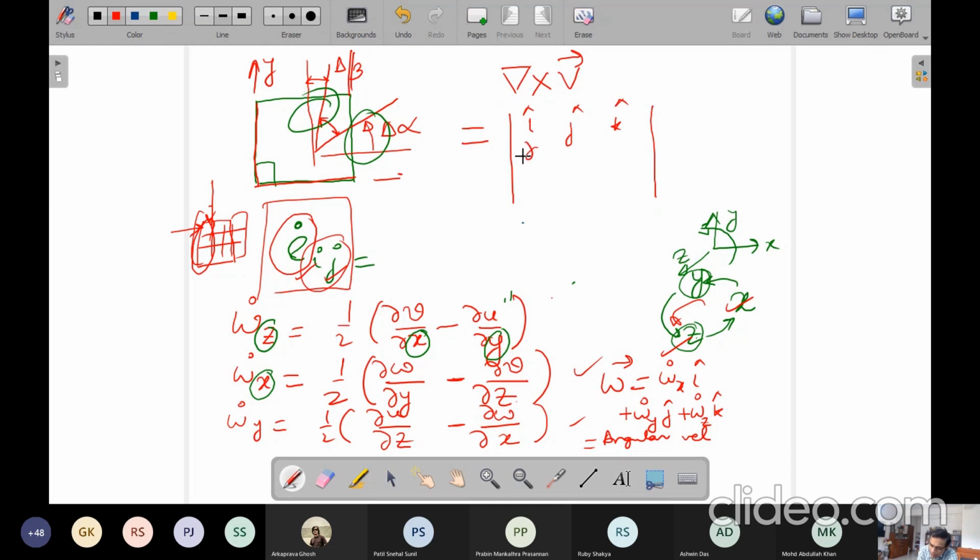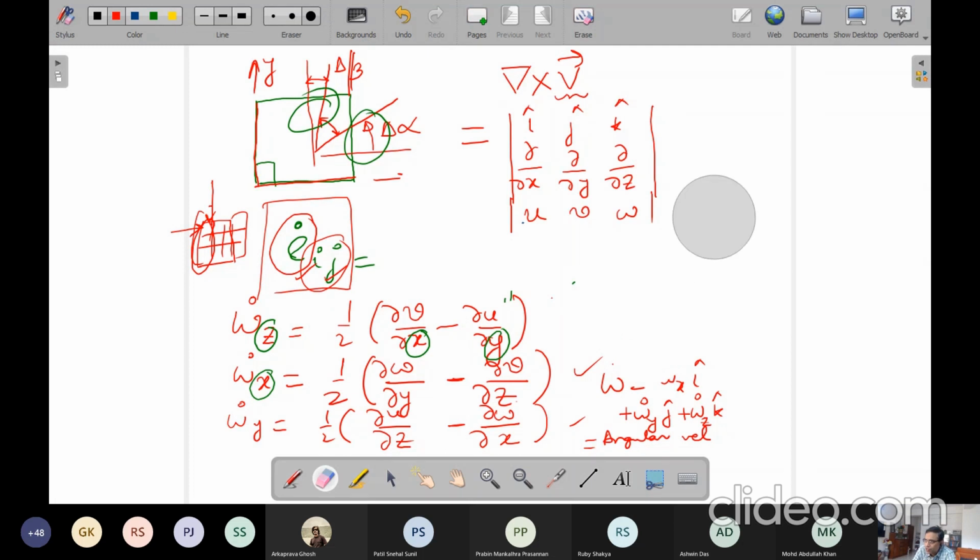so you write there this one and the components of this one. We have just used the determinant definition of curl of a vector, nothing more than that. So now let us calculate this and see what we get out of this. First this and then calculation of this determinant.